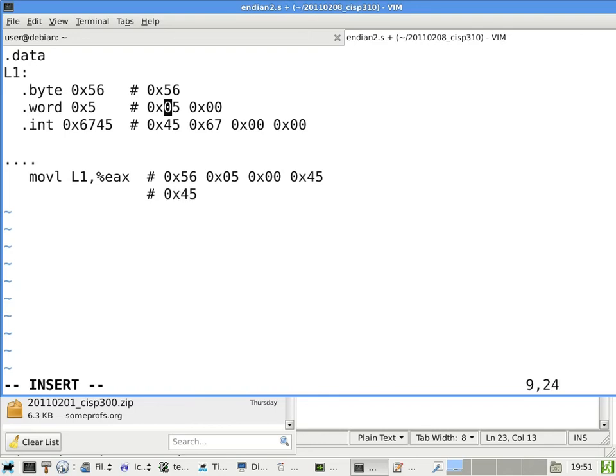4, 5 is the most significant one. What is the next one? 0. And the next one is? 5. That's right. So if you finish a program like this, you run the program, you single step through this instruction, you stop in the next instruction, and you look at EAX using i r EAX, you will see